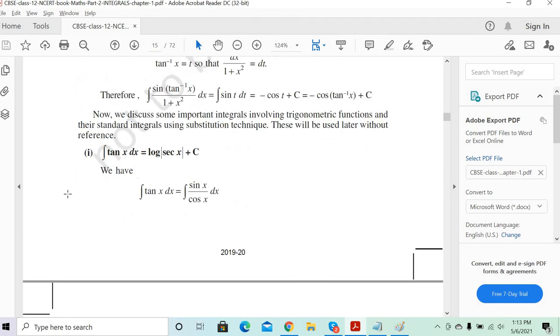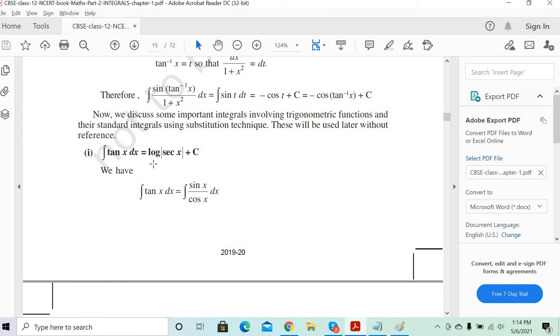Fine. Now let's go to the first property. Integration of tan x is equal to log secant x plus c. This is also a formula, apart from the 15-16 formulas we discussed; this is the next formula. How does this become a formula? We are going to derive it, using the substitution method only. So whenever we get the integration of tan x, we don't have to solve it by substitution. We can directly write the answer.